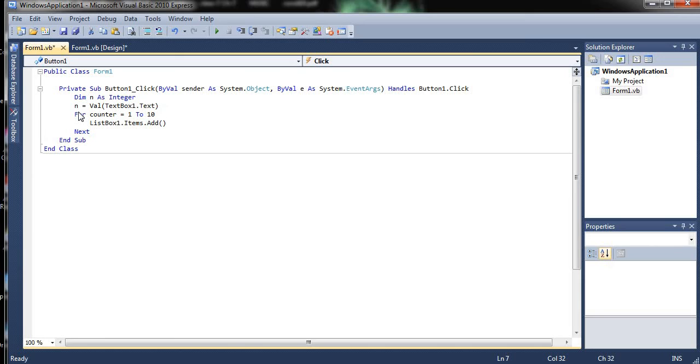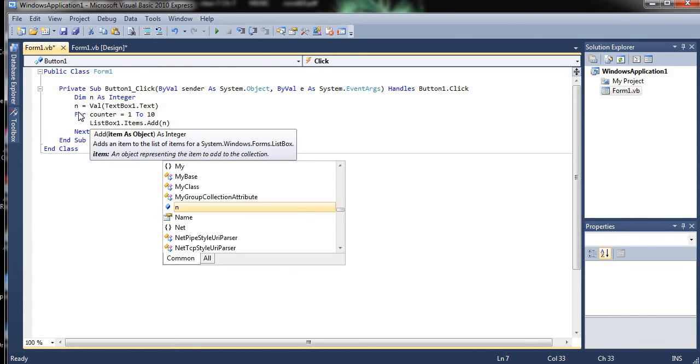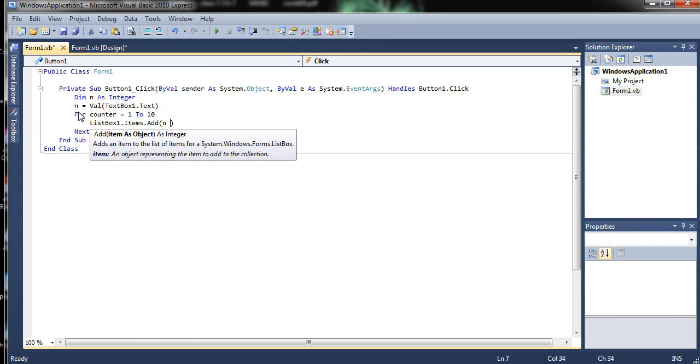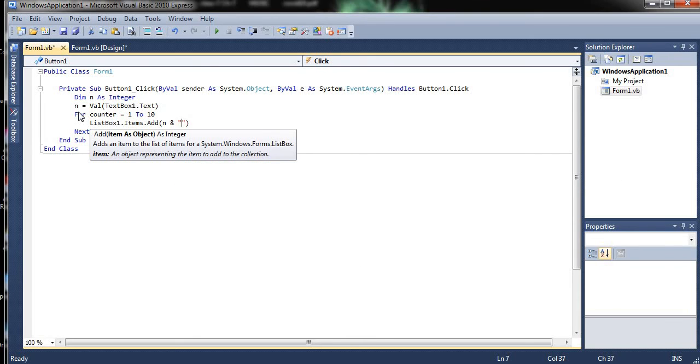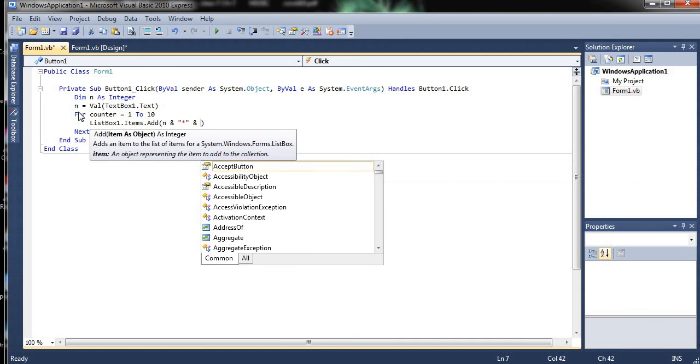Okay, so the first element in a table is always 2, all the same, right? So n, here we are asking the user to give the input which table he wants, so that will be n. Okay, and after that we will use the concatenation operator. And after that there is an into symbol, right? For the into symbol we will use the asterisk symbol, and then after the asterisk again a concatenation operator to join this.